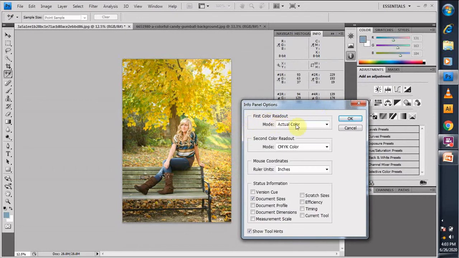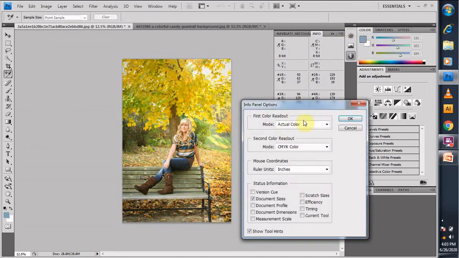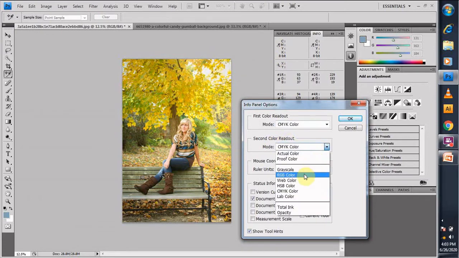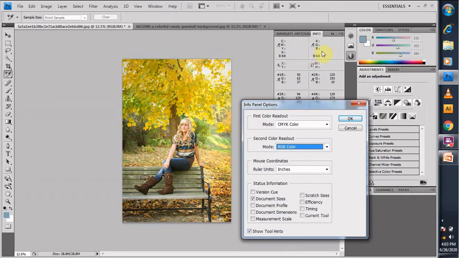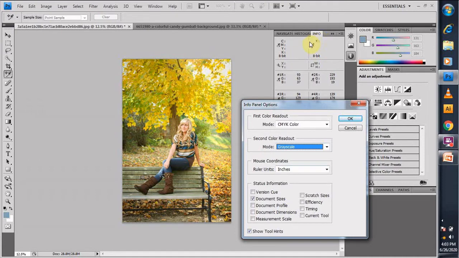You see first color readout mode. If you change the mode over to CMYK, this will change from RGB to CMYK. Like here is RGB. When I click on panel options and I change from here, it will get changed into CMYK. It means it will pick up the color of CMYK rather than RGB. Now the second color readout, if I go to RGB, it will take the RGB part. If I click on CMYK grayscale, it will take the grayscale only K. See, this is the color readout. If I go to the color area, it will pick the grayscale color only and leave the rest of the color.